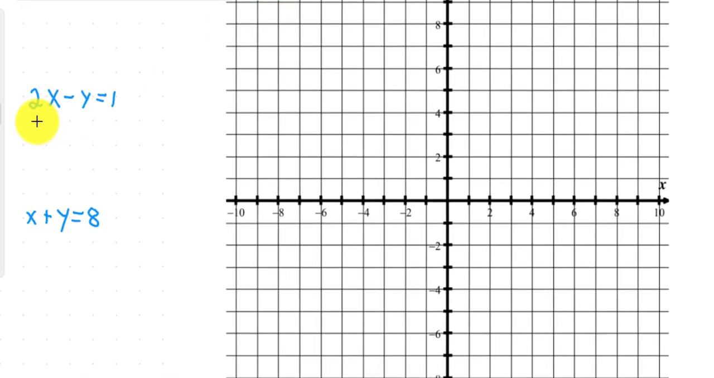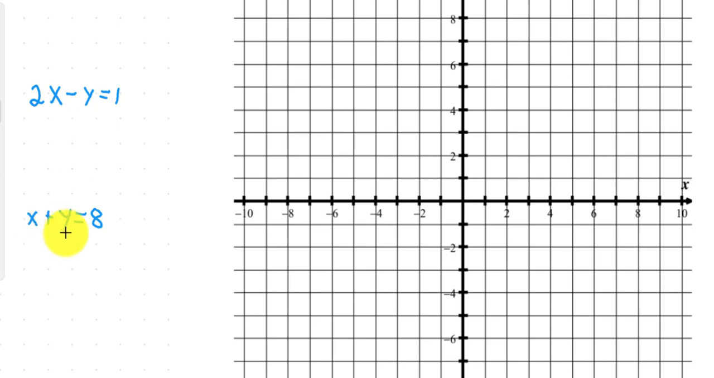So I rewrote everything here. 2x minus y equals 1 and x plus y equals 8. I can't really graph this well when it's written out like this. I want to rewrite these in slope-intercept form. So maybe I would subtract 2x from both sides, right, minus 2x. And that would leave me with negative y equals negative 2x plus 1. And then if I divide everything by negative 1,